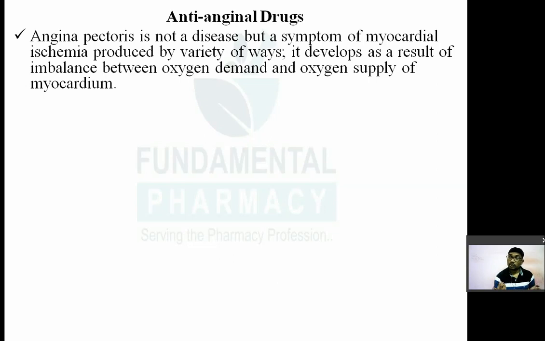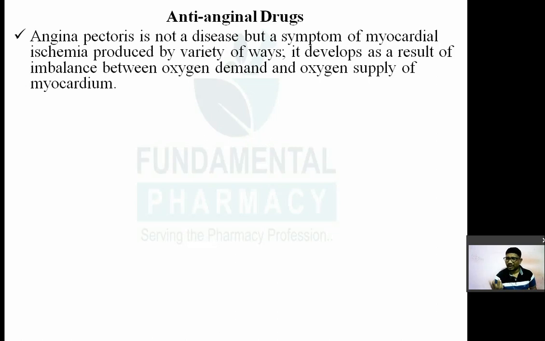So due to deposition of a fatty layer inside the coronary artery, that is one of the most common causes of angina pectoris. Now what happens? There is an occlusion in the coronary artery, so your coronary artery is not able to supply proper blood to your heart, so your heart will get less blood supply. Your heart requires more blood supply and is getting less because of the occlusion of the coronary artery. Okay, now this is known as an imbalance between demand and supply.